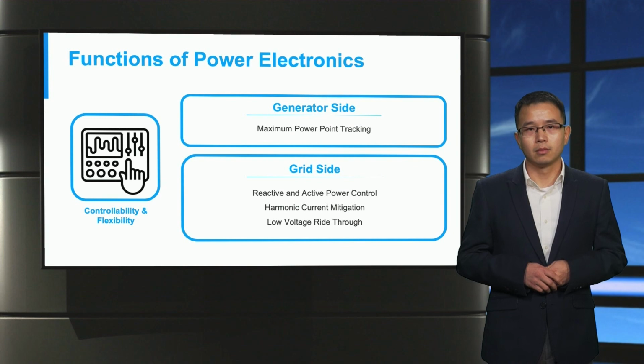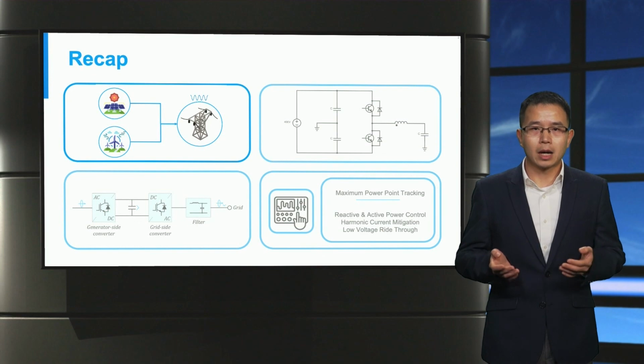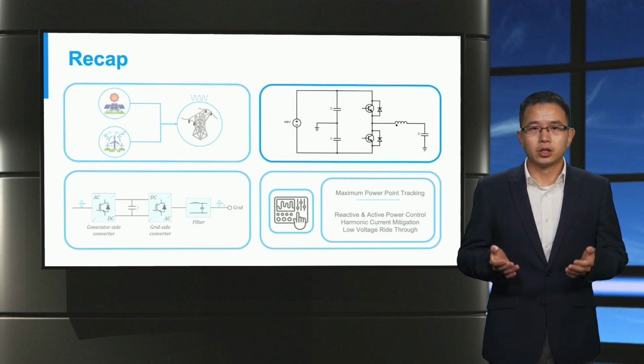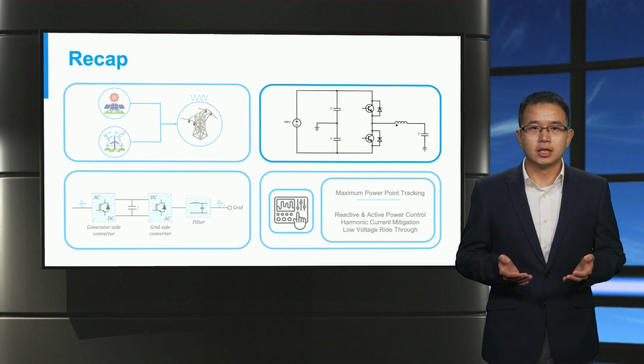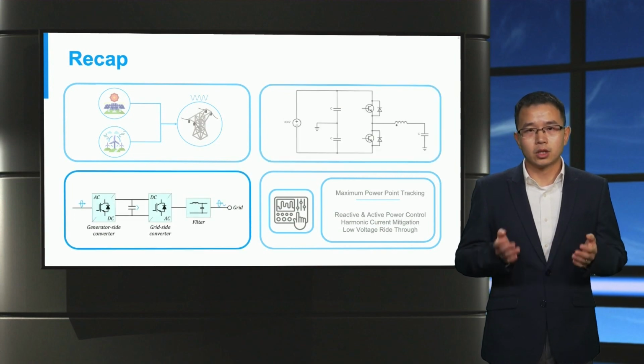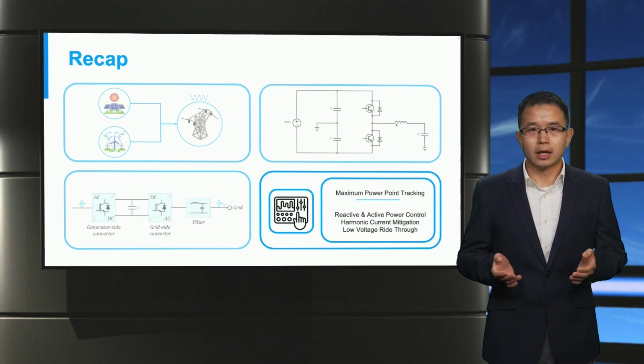To recap, power electronics are required to smoothly integrate renewable power output with the grid and to mitigate the variations that renewable energy possesses. We saw how a typical power electronic converter works, with a simple buck converter serving as an example for a DC-DC power converter and a double switch circuit for the DC-AC inverter. We saw the typical applications of power electronics in wind turbines and PV panels. Finally, the basic functions and strengths of a power electronic converter were briefly discussed.